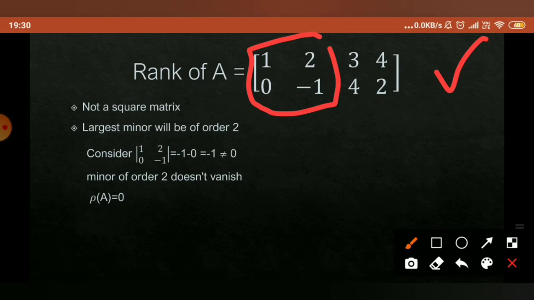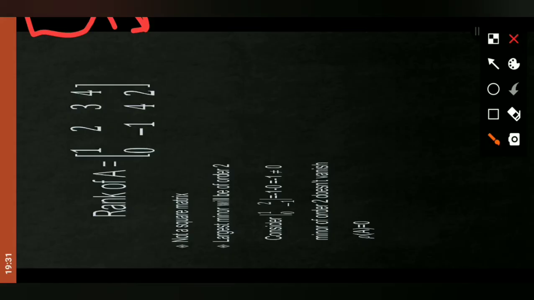So for the minor of this, we have to start from the highest. The largest minor will be of order 2, and its value, like in this case where we have evaluated the value of the minor by cross multiplying, is -1, which is non-zero. That means a minor which does not vanish, its order will be the rank. The order of this minor was 2, so therefore the rank is